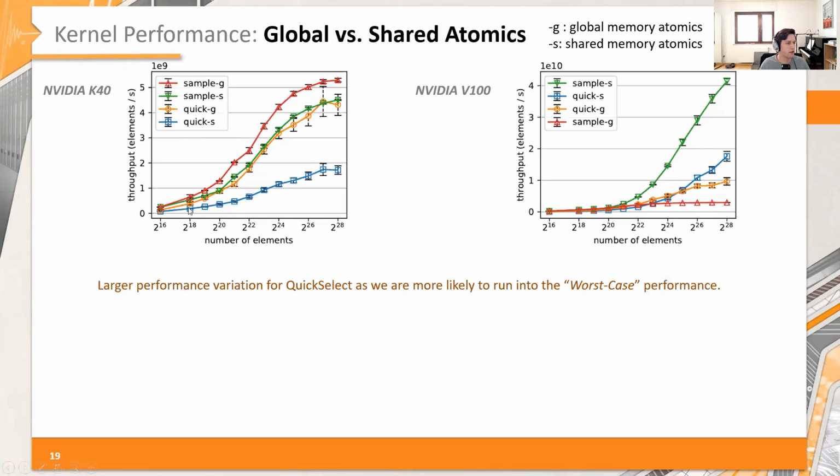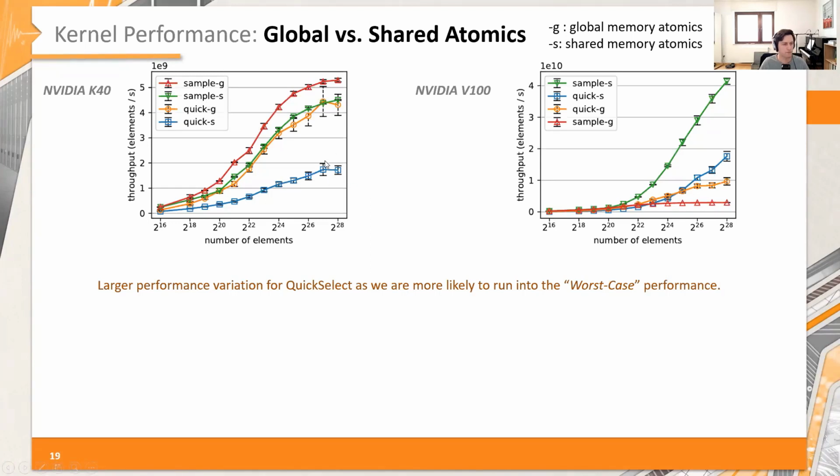So what you can see on the K40, the global memory atomics win by a small or even huge margin compared to shared memory atomics. So if you have a large number of atomic counters, then the difference between global and shared memory becomes smaller. Here, the red curve is global memory, the green curve is shared memory. But if you only have a single atomic counter, which quick select needs to do, then the difference between these two values becomes huge. So this is almost 2.5 times higher bandwidth we can reach with quick select and global memory atomics instead